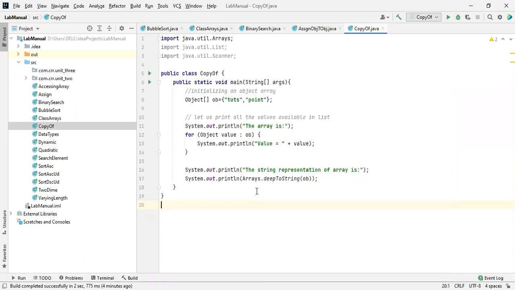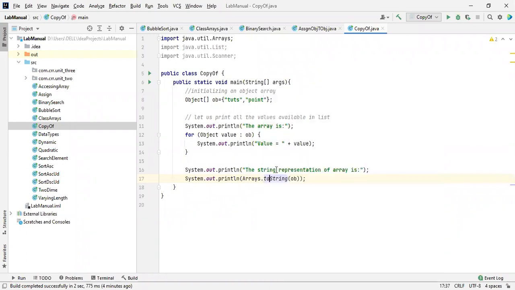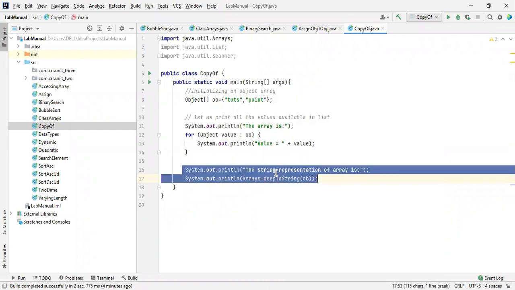And again, you can ask, sir, if we use toString also, a similar thing will happen. Yes, a similar thing will happen, but we are going to consider everything as deep. See this, it returns the string representation of the contents of the specified array. If the array contains other arrays as elements, we get a similar meaning inside deepToString.